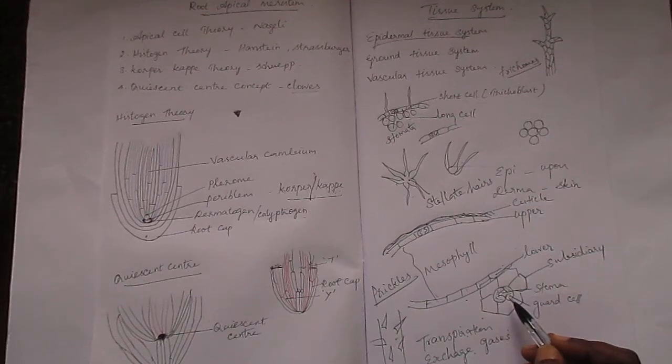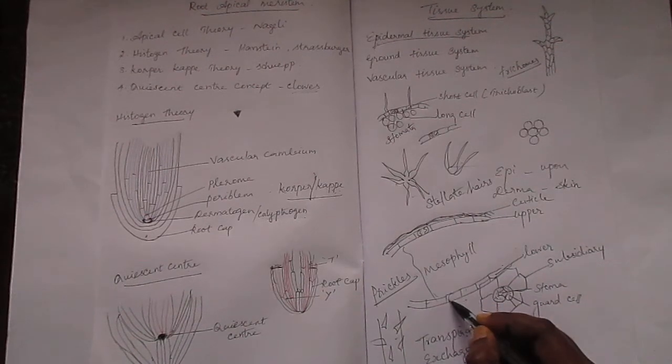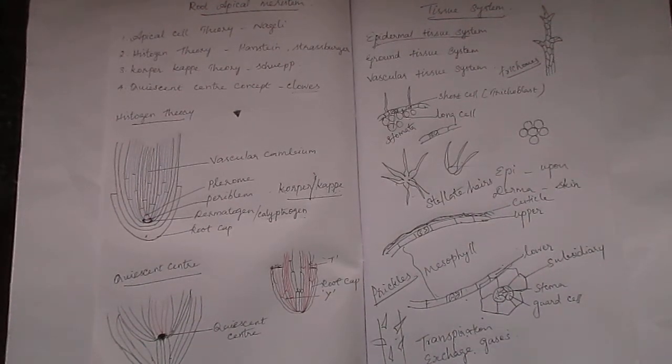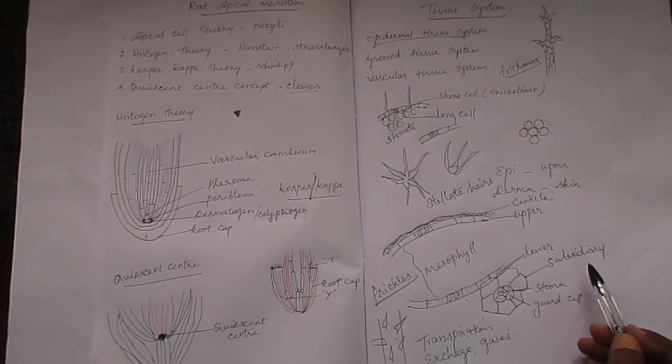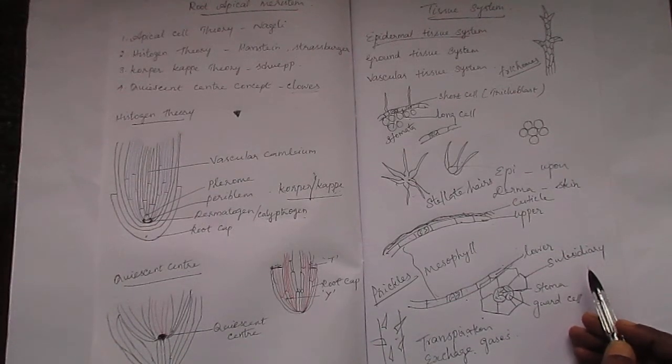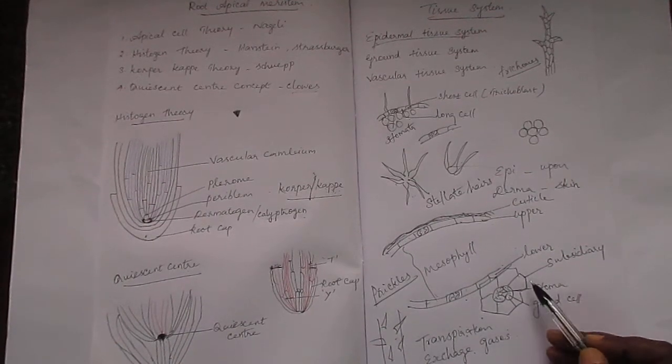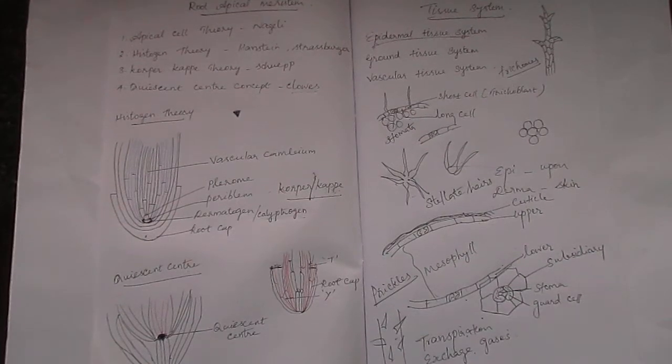The stomata occur mainly in the epidermis of the leaf. In some plants, in addition to guard cells, there are specialized epidermal cells called subsidiary cells. Based on the number and arrangement of subsidiary cells, various types of stomata are recognized. The guard cells and the subsidiary cells help in the opening and closing movement. The stomata show these two mechanisms, opening and closing. The function is transpiration and gaseous exchange.